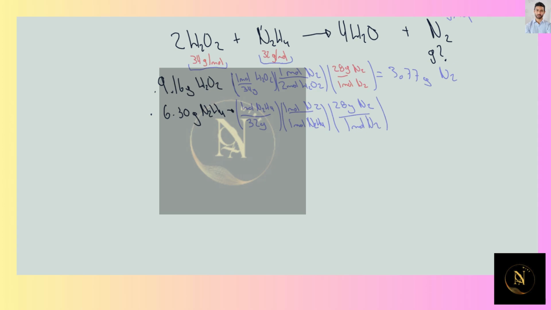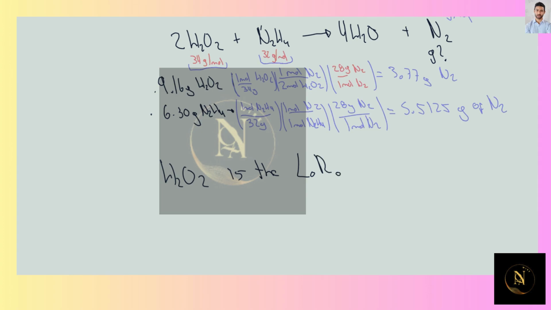If this was the limiting reagent, then we would be able to produce 5.525 grams of nitrogen. So with this information, we know that H2O2 is the limiting reagent, since it's the one that is going to